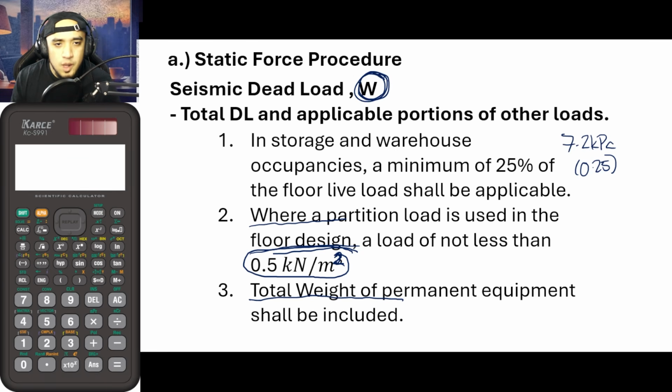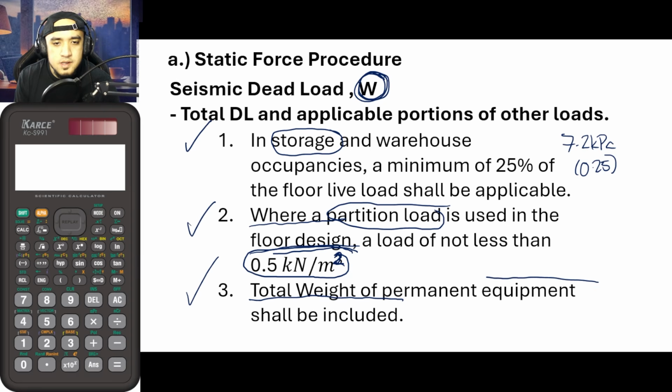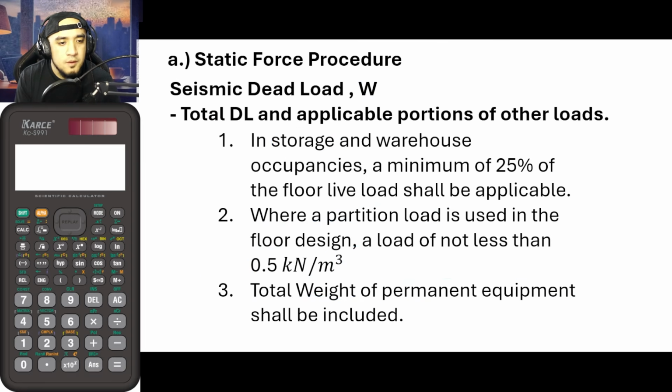So, in a situation wherein na lahat po to magkakasama sa building nyo, for example, you have storages, you have partition loads, and you also have permanent equipments, you would be adding them. Okay? So, from that, the effective W